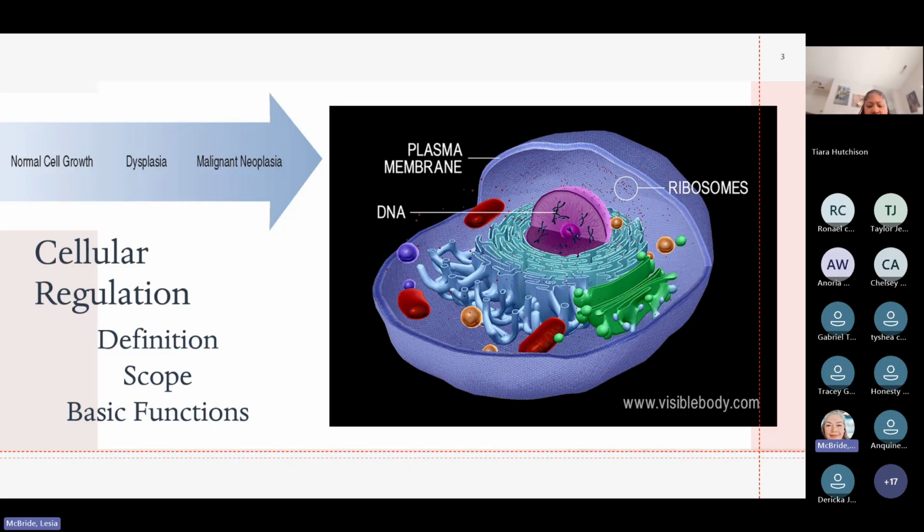Malignant cells, again, are our own cells. They don't come from someplace else. This is a cell that has somehow or another changed in its functioning. It may be replicating too quickly, maybe replicating faster than it's supposed to, and it's not providing the function that its parent cell did.